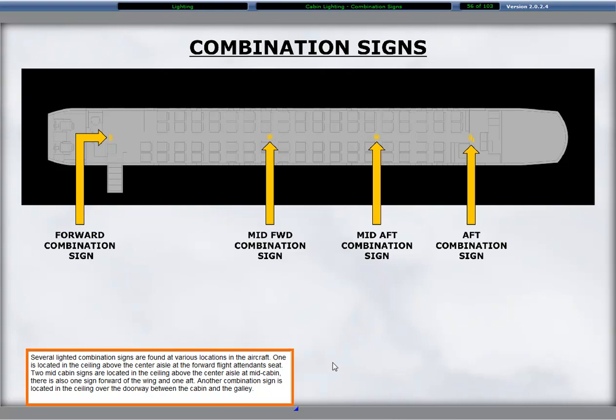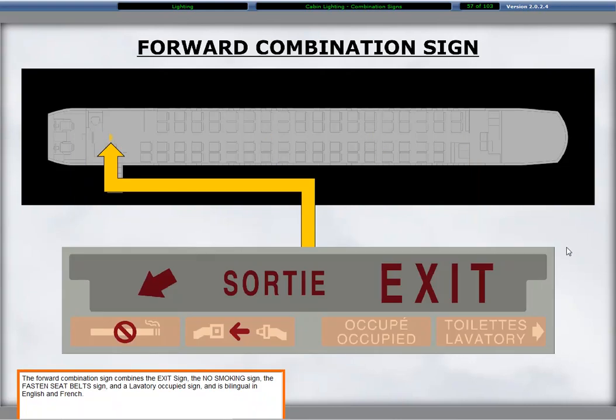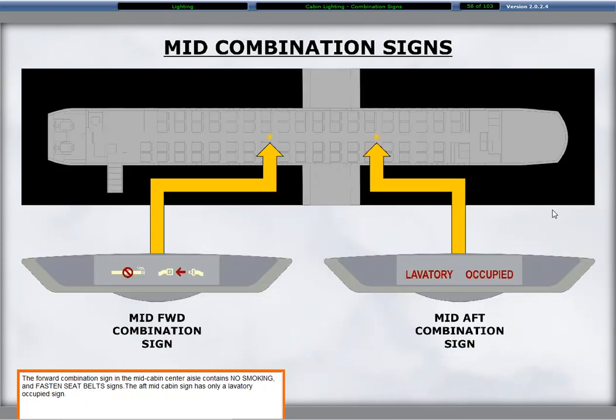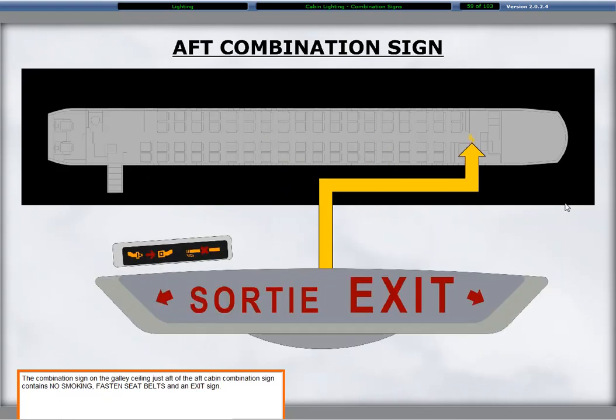The forward combination sign combines the exit sign, the no smoking sign, the fasten seatbelts sign, and a lavatory occupied sign, and is bilingual in English and French. The forward combination sign in the mid-cabin center aisle contains no smoking and fasten seatbelts signs. The aft mid-cabin sign has only a lavatory occupied sign. The combination sign on the galley ceiling just aft of the aft cabin combination sign contains no smoking, fasten seatbelts,